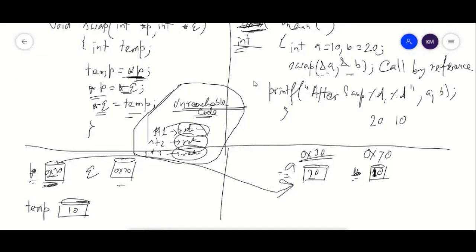Now, all these programs you have to run on your machine. You will be having the video, and from that video you'll be able to see whatever code I have written, and you have to try all these codes by yourself, by writing the prototype of the function, the call of the function, the body of the function, everything you have to write down clearly, and you have to completely create the program.